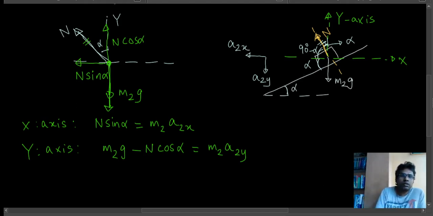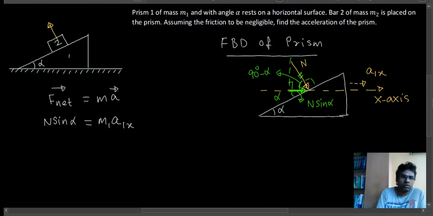If you look at the bar sliding down the inclined surface of the prism, imagine there is a massless observer standing on the prism. He's there only to observe what is going on here. If he looks at the bar, it is clearly moving down the incline. So we can use that fact to get the fourth equation. What do I mean by that? Let's draw the picture here.